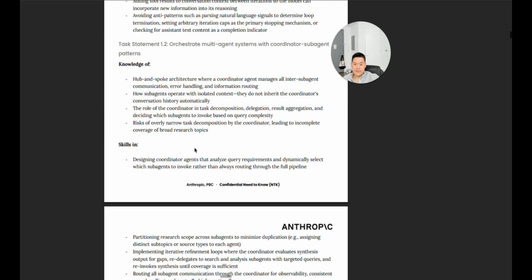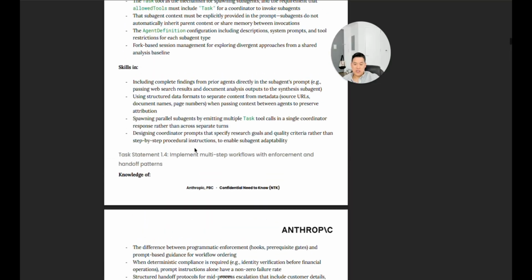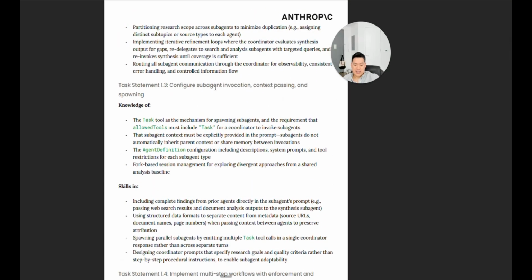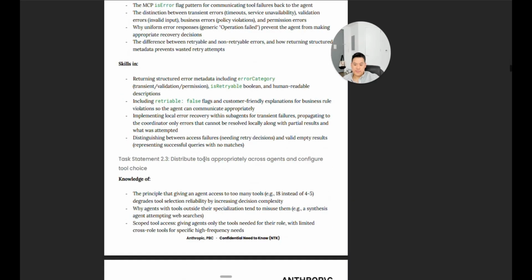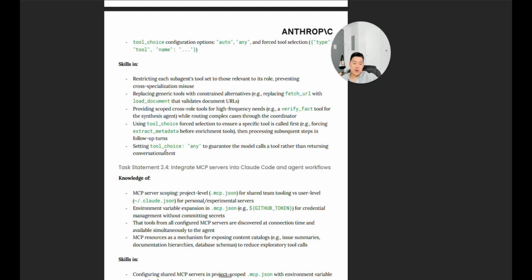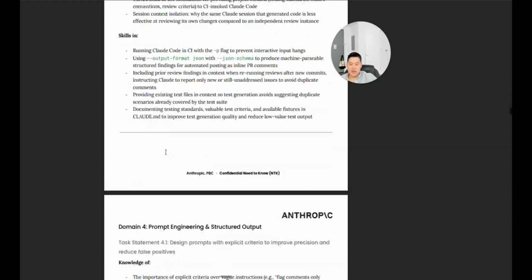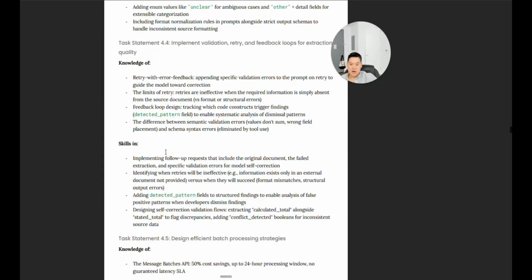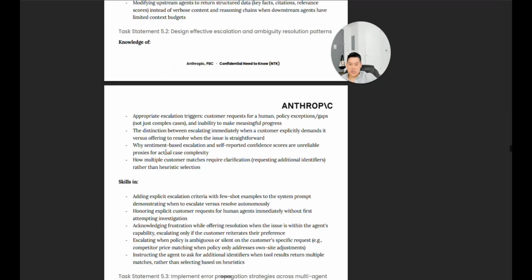You have the domain. And in each domain, you have something called the task statement. You have domain 2. Okay. So these are all the domains and the task statements up here, which I encourage everybody to go ahead and read. And then from there, if you're not dizzy and ready to go out there and murder me just yet,